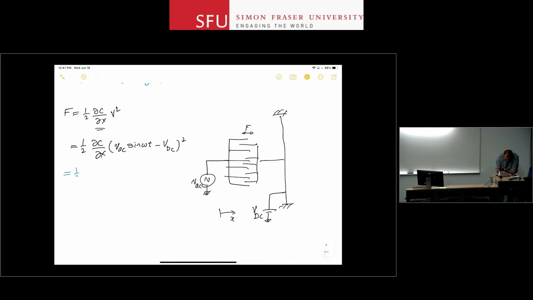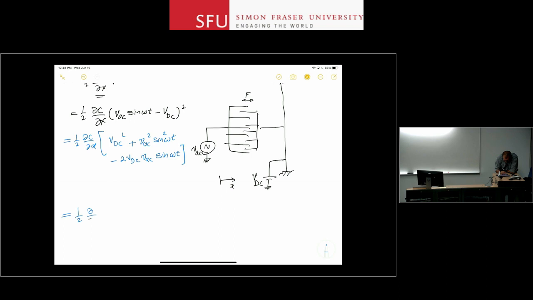So if you go and expand that, so let me just use a different color here. So it's going to be 1/2 dC/dx times, you get your VDC squared and VAC squared sine squared omega t minus 2 VDC VAC sine omega t. Okay? Let's move a bit further. So this is going to be